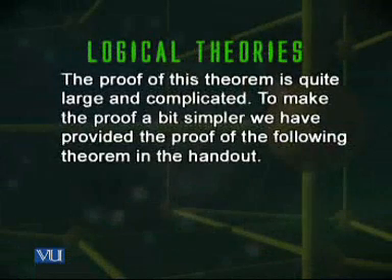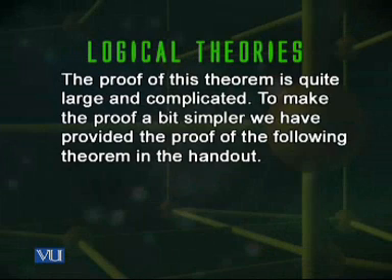So if we have a Turing machine M and we have input w, by looking at the Turing machine and the input, we can come up with a formula phi, which will of course depend on M and w, such that this formula is true if and only if M accepts w. So we can express the fact whether M accepts w in number theory. The proof of this theorem is quite large and complicated.